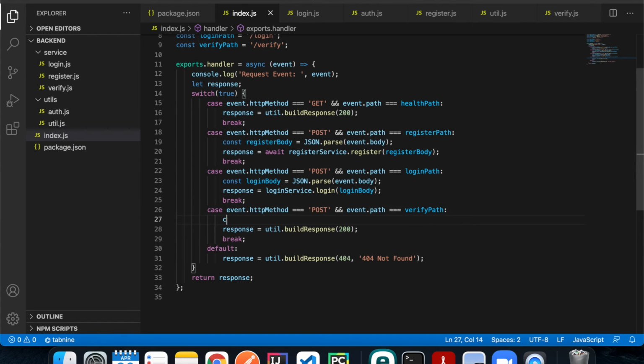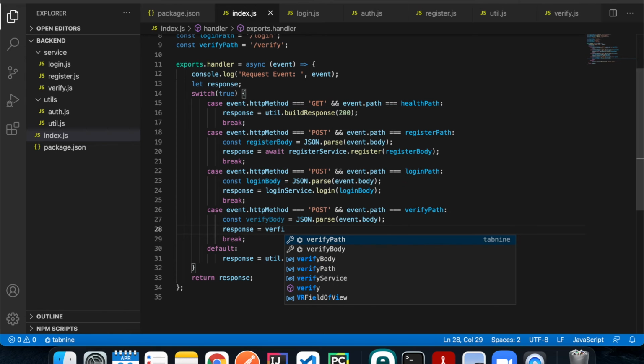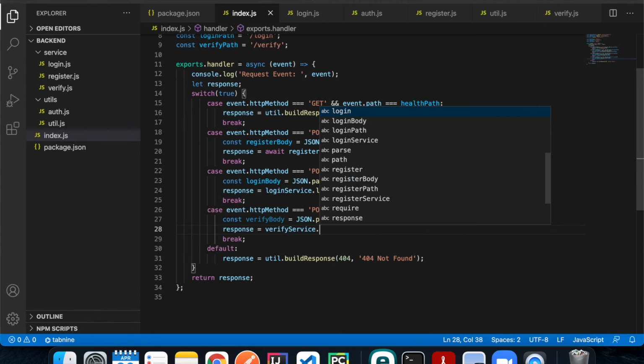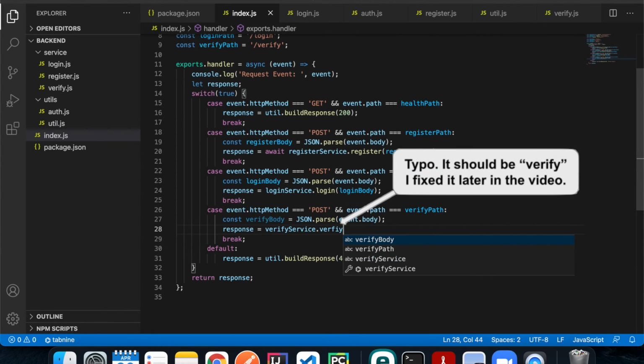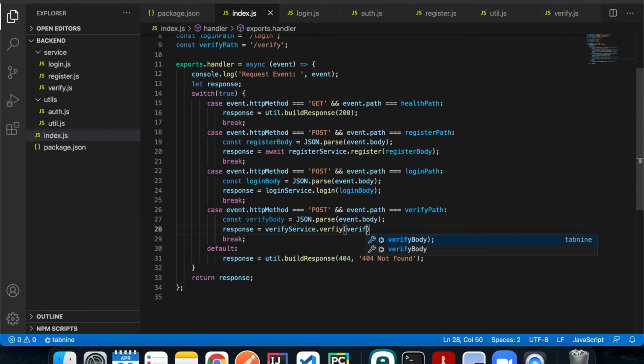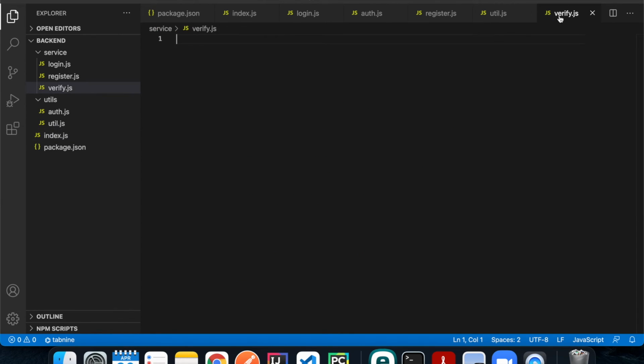And same thing, we're gonna first extract the body, and then we're gonna use the verified service to verify the token and see if it expires or if it's valid. And now we're gonna go to the verified.js file to define this function. So it's gonna be a function verified